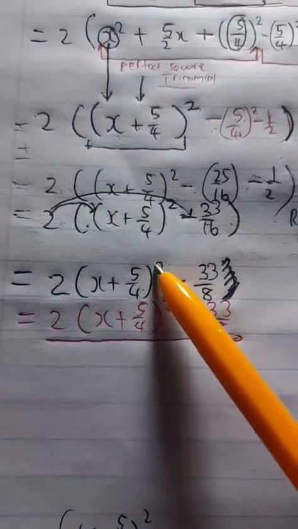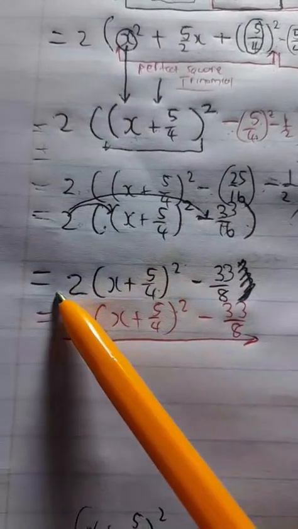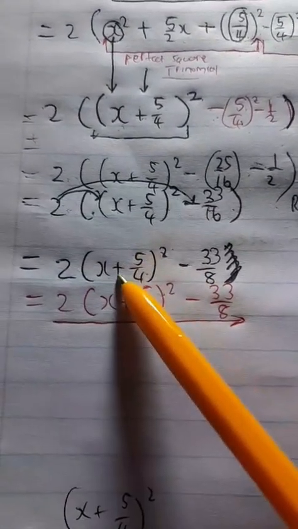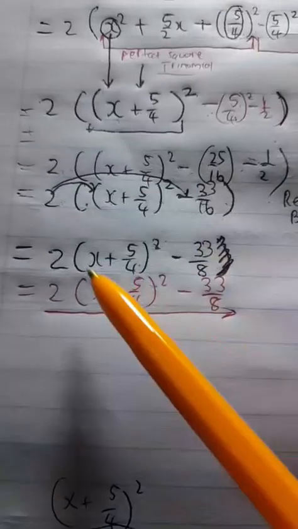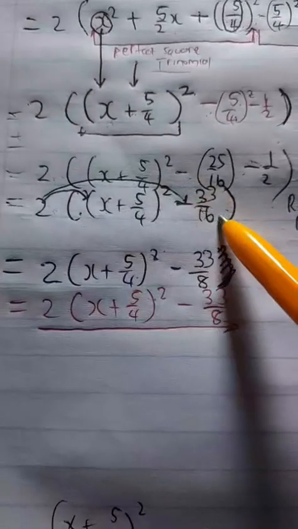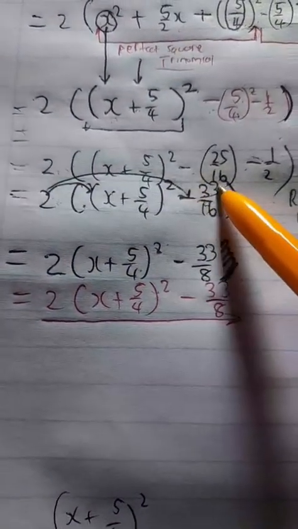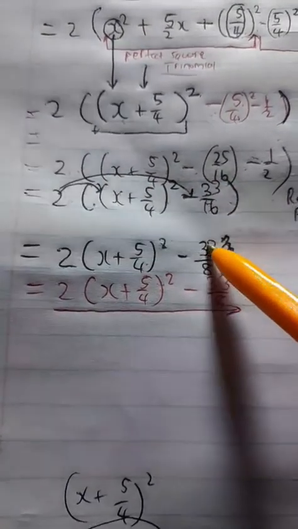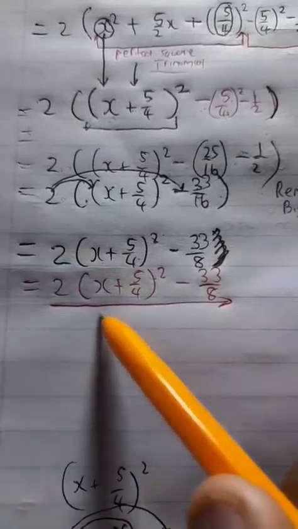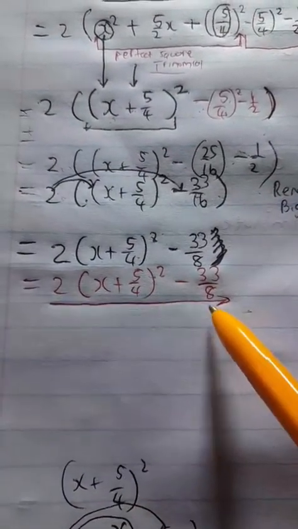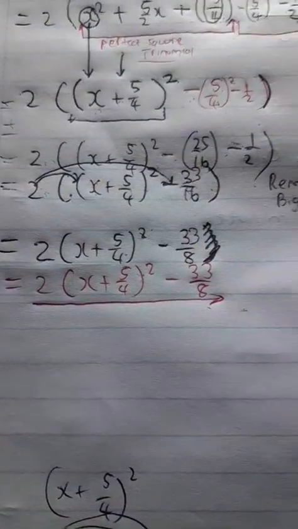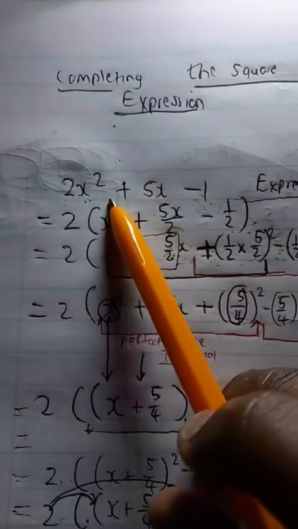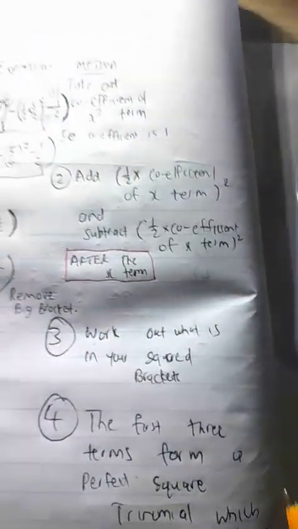Because bad math says brackets then exponents. Multiplication comes later. So we have to keep the 2 outside the bracket, squared. Then we take the 2 we distributed to the fraction negative 33/16. 2 times negative 33/16 gives us negative 33/8. So this is our quadratic expression. We have completed the square of that original quadratic expression by following these steps